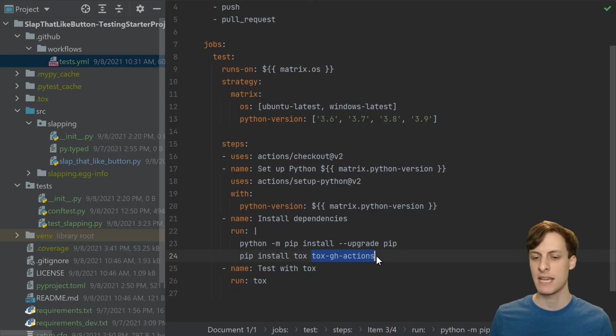Now, I haven't said anything about Tox GitHub Actions before. Let me go over that. Basically, GitHub already provides its own set of actions that sort of mimic what Tox does. And that would be fine if all you wanted to do was run your tests when you push to GitHub. But if we want to run our tests locally, then we kind of require Tox because we can't run GitHub Actions locally. So someone created this tox-gh-actions package, which basically makes GitHub Actions and Tox work together as well as they possibly could.